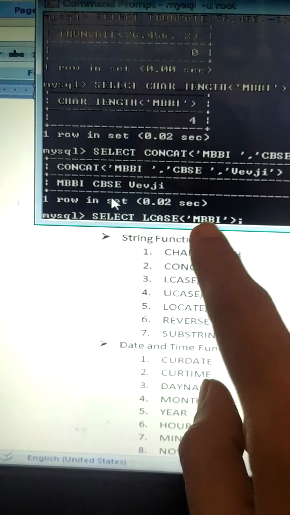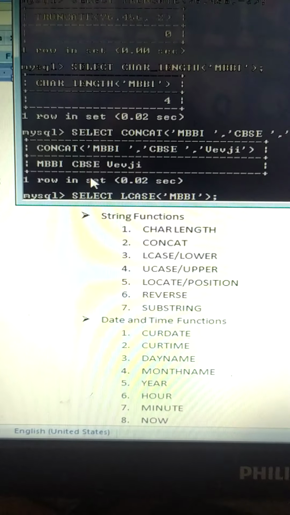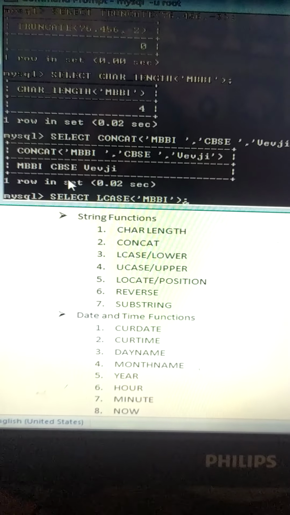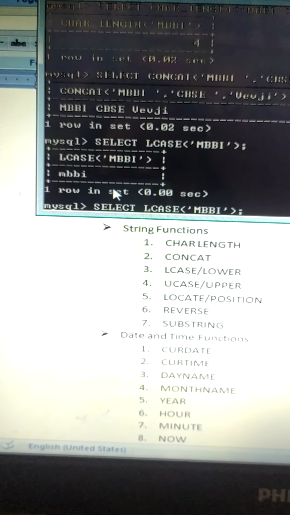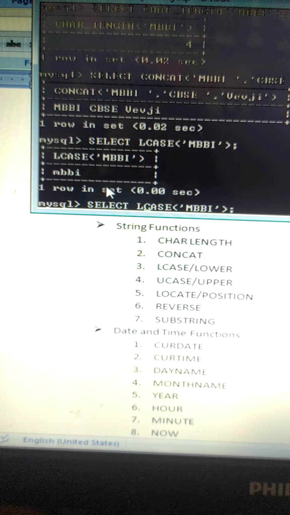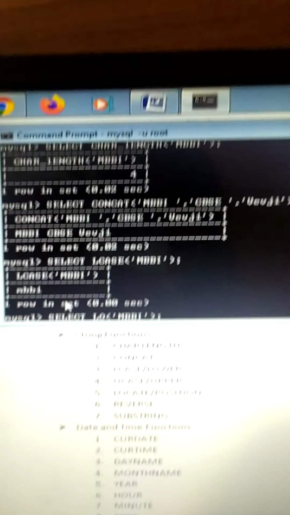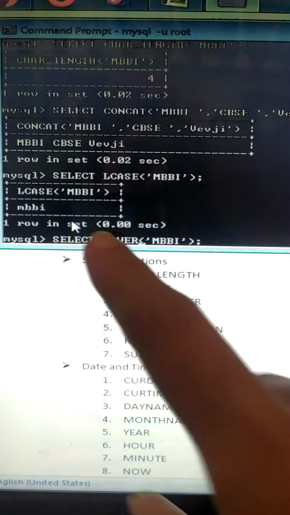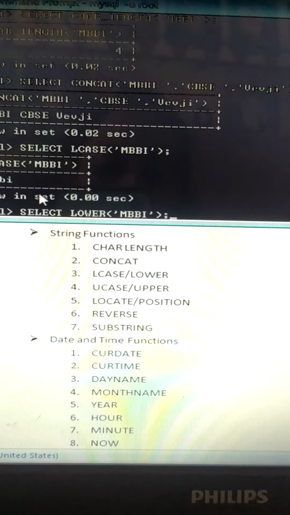Select LCASE MBBI. That means MBBI should be printed in small. See, mbbi. It could also be written as select lower. You can also write select lower MBBI. It will give you the same output.